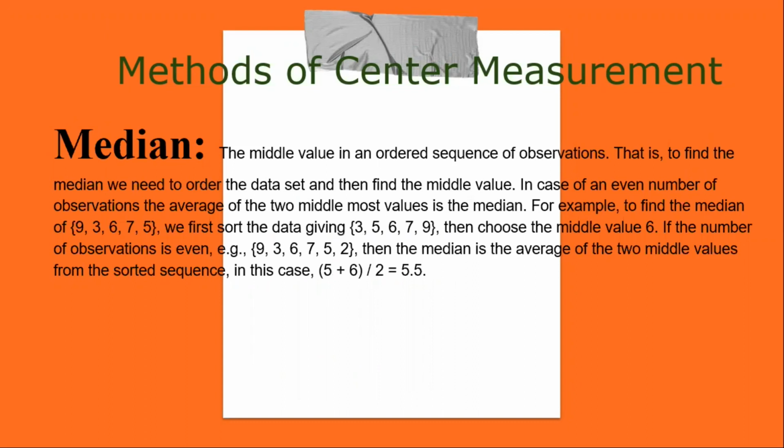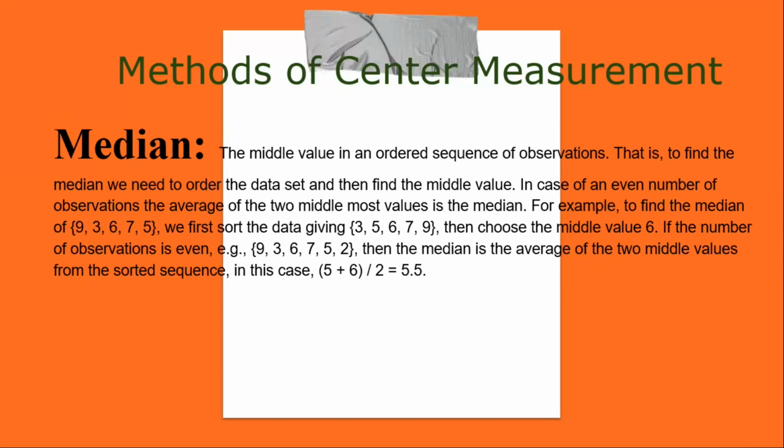For example, to find the median of 9, 3, 6, 7, 5, we first sort the data, giving 3, 5, 6, 7, 9. Then choose the middle value, 6. If the number of observations is even, e.g., 9, 3, 6, 7, 5, 2, then the median is the average of the two middle values from the sorted sequence, in this case,